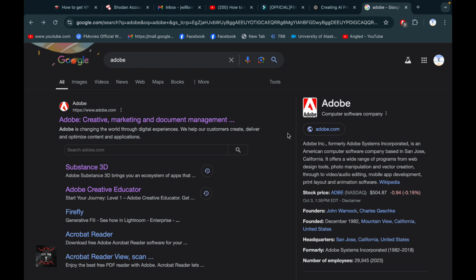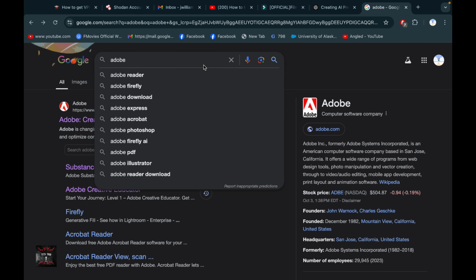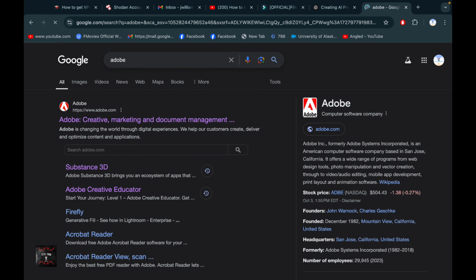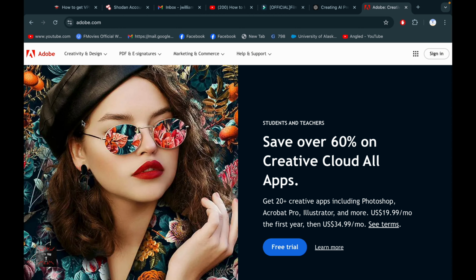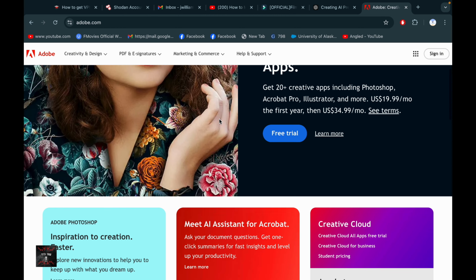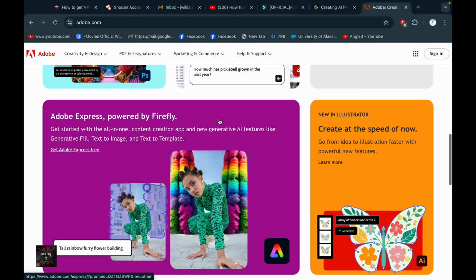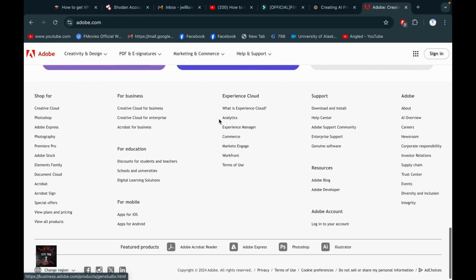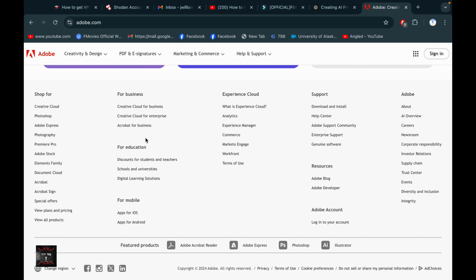Simply, first of all, search for Adobe on Google. After searching you will get this page. Simply click here on Adobe's website link. After clicking you will get this page. Go down and find the main option for getting Adobe for education. Here is the option for education, the discounts for students or teachers. If you click here,